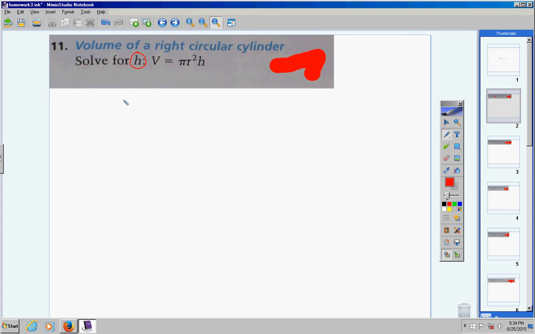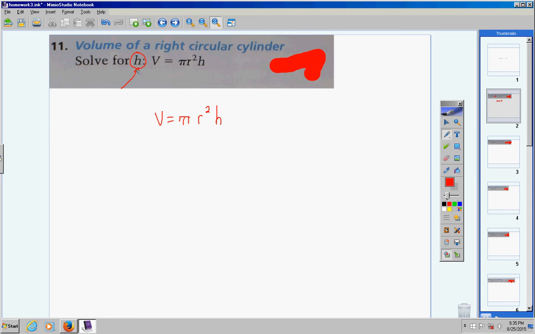So we're going to go through these steps like always. Step 1, 2, 3, 4, 5, 6, all the way up to 50, whatever we have to do. Step 1, simplify both sides. There's nothing I can do. Step 2, eliminate fractions and decimals. Nothing I can do. Step 3, simplify again. Nothing I can do. Now, at this point, you are to look for all of the terms we're solving for